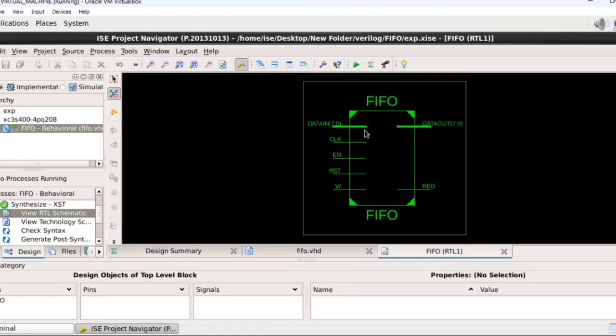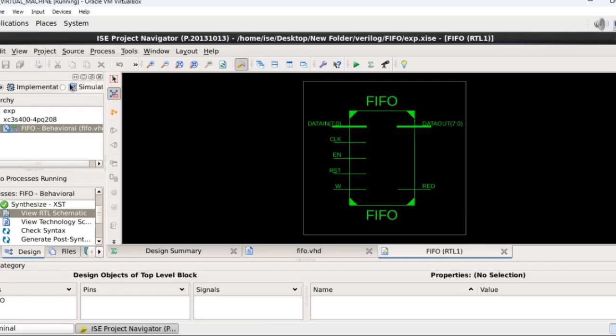It shows the block representation of the FIFO memory: data in of size 8 bits, 7 down to 0, which is an input; clock signal is also input, enable is also input, then reset signal and write signal, all are inputs, whereas data out 7 down to 0, 8-bit size, is output. Red is also output, which indicates memory full. So this is a block representation, that means the implementation of FIFO memory.